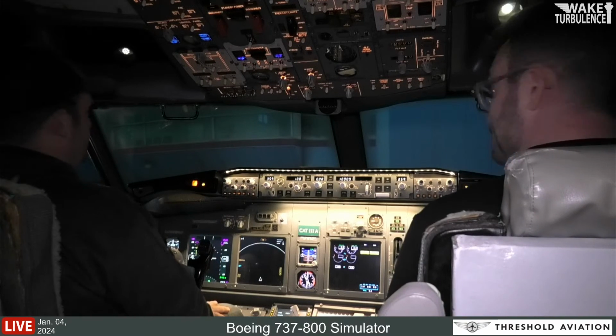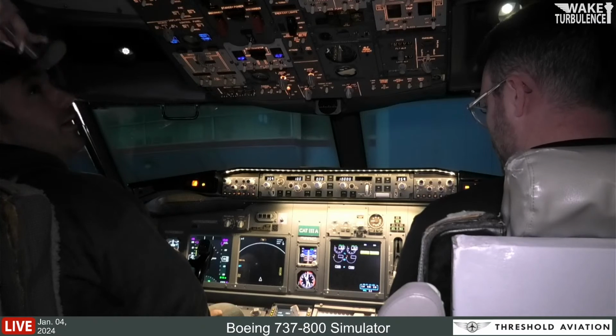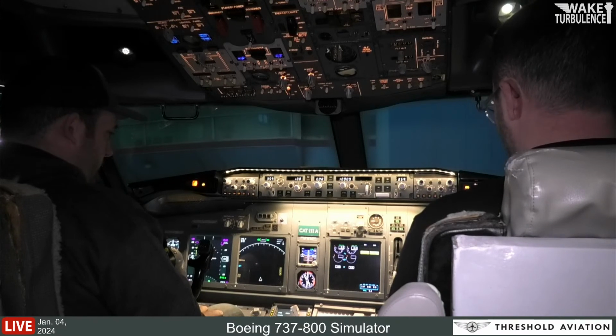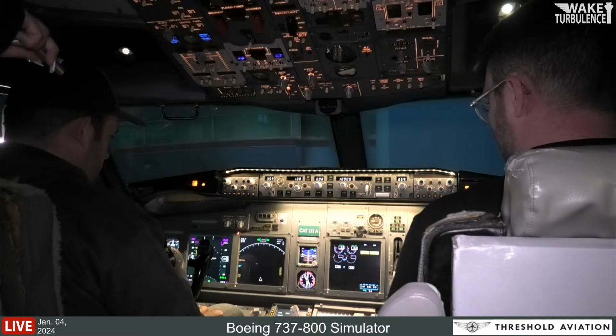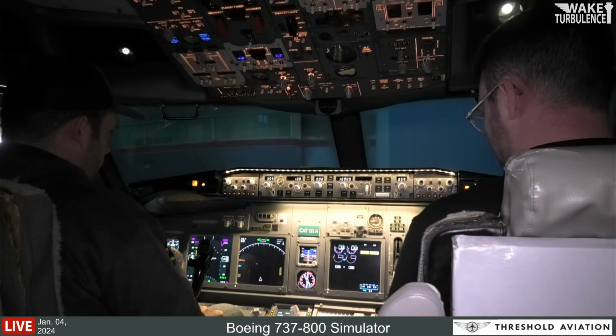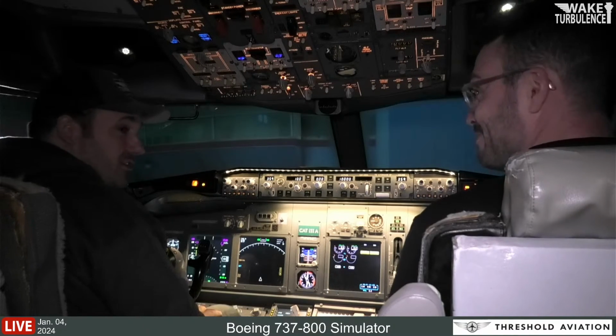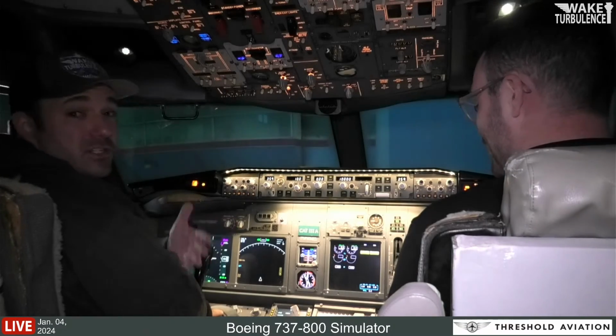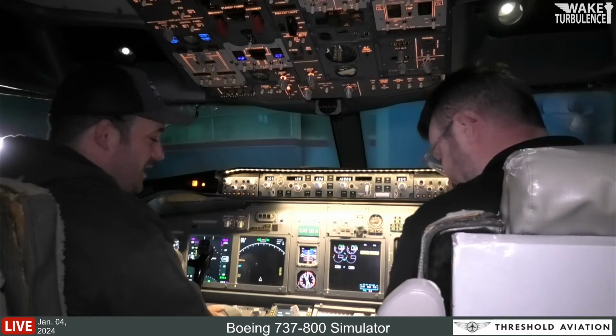Okay, so we're getting your navigation set. These screens take about 5 minutes to set. You see the time in the corner right there? Top of the line. 5:41. We decided to start the stream at the gate because we thought it would be interesting to do the full operation and see kind of what it looks like.